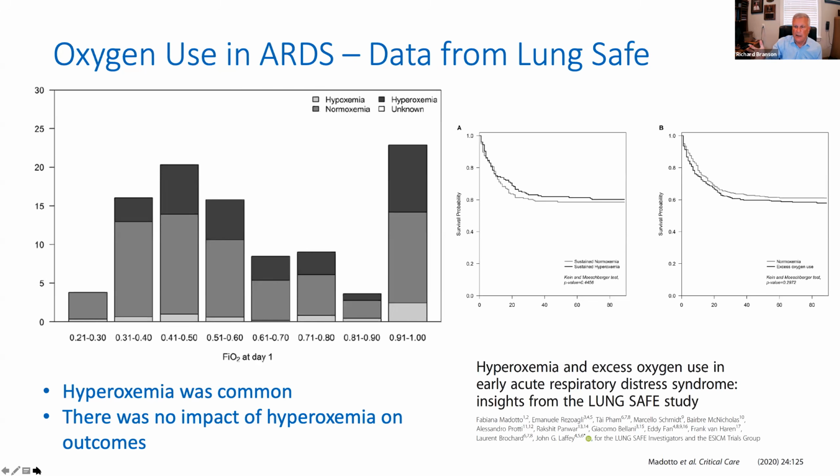And again, just the data from LungSafe, that hyperoxemia was very common. And you look at the patients here with their FiO2 at day 1 who had a FiO2 between 90 and 100%. Some of them were hypoxic, but almost an equal number were hyperoxic. Now, again, this is one I wanted to at least show you the Kaplan-Meier curves on the right, that even in this study with prospectively collected data for the most part, there wasn't a difference between sustained normoxia and hyperoxemia